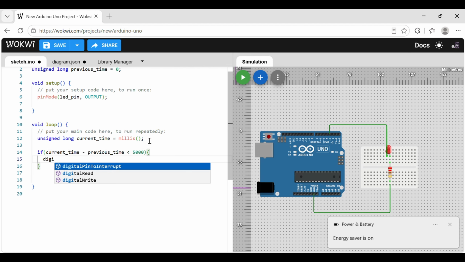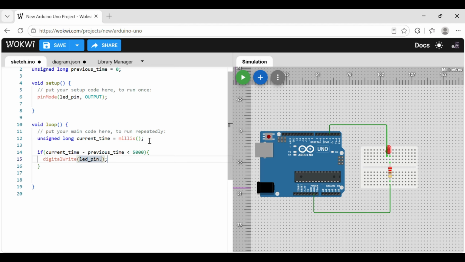So we digital write right now. Once the duration reaches 5 seconds, that's 5,000 milliseconds, we want the LED to turn on till about 7,000 milliseconds,